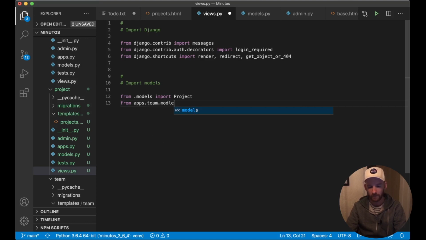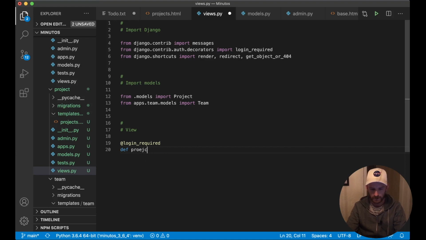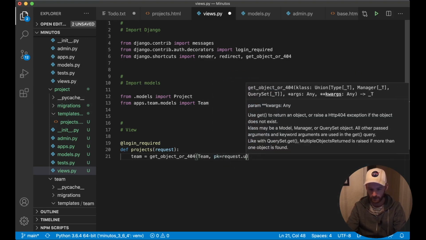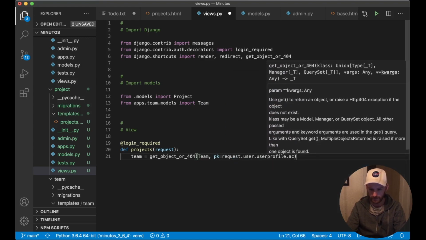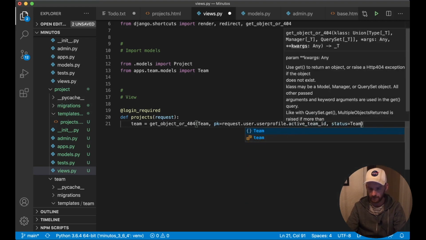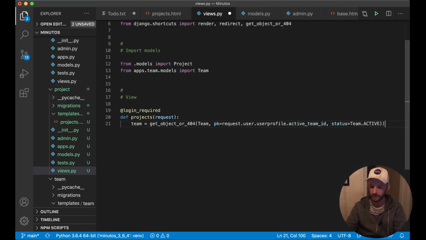apps.team.models import Team. And then I can create the view. First I want the view for projects. I need to add the login decorator. def projects(request). First I want to get the team. Get object or 404, pass in the Team, and then pk is the request.user.userprofile.active_team_ID. And I also want the status to be team.active, so we don't have a deactivated team or